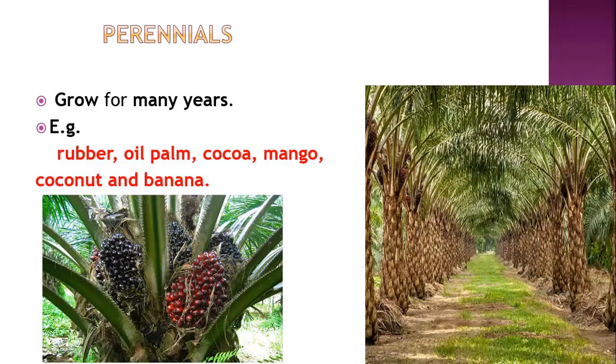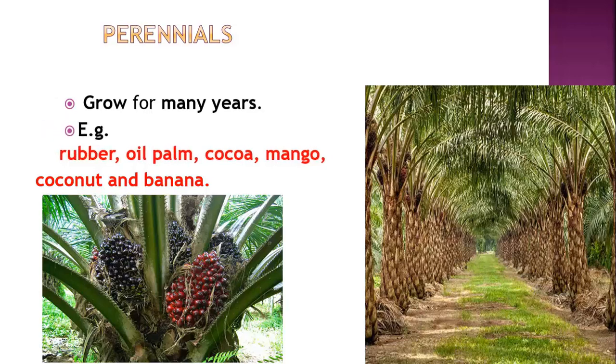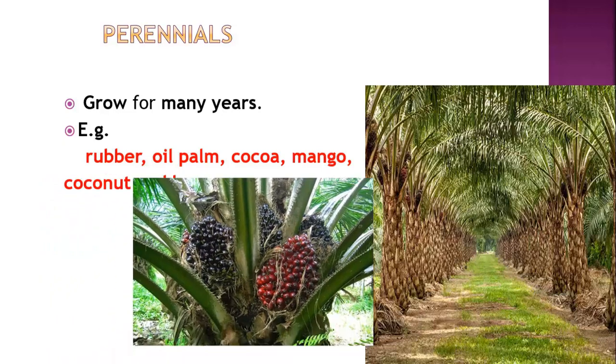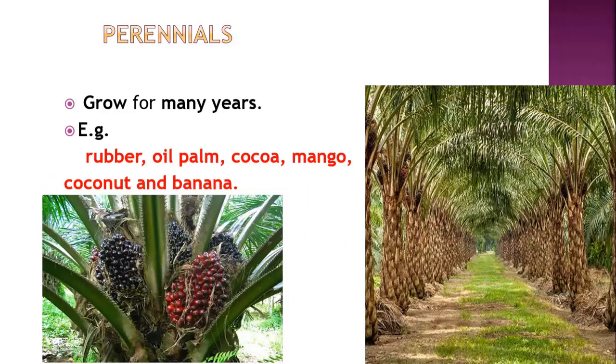Then you have those plants that are called the perennials that grow for many years. You understand? Examples are the rubber plants and also the palm tree. Not palm oil, oil palm tree, the cocoa tree, mango trees. They grow for many years. Those are the ones that are called the perennials. On the images on the screen, you can see that there are examples of oil palm tree there. So beautiful that